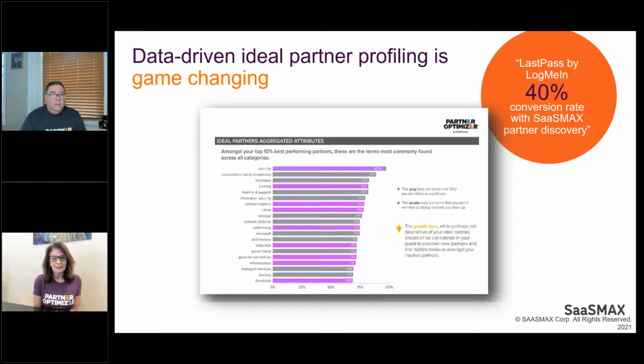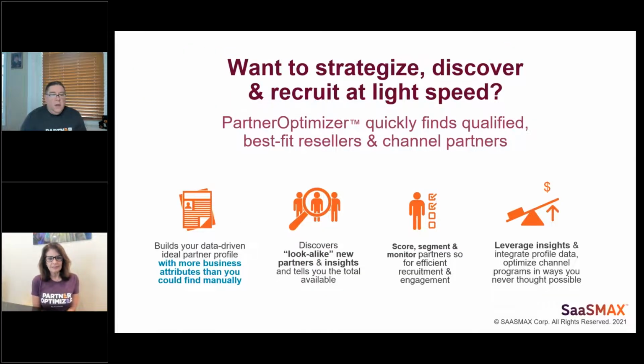And if we go to the next slide, which Clint, maybe you want to talk about. Yeah, so this gets you to market a lot faster, is what Dina's really saying. We can research and compare it to hundreds of thousands of partners very, very quickly and see what are those ones out there that we discover through the insights and through the data-driven profile. And that's how we start really working with you. The best way to build your profile in a data-driven way is to provide 20 to 30 current partners. If you can do 10, but that 15 to 30, 35 mark really starts to give you a good data-driven profile: partners that are performing for you today that you want more of, and we analyze those and we build out that data-driven profile.